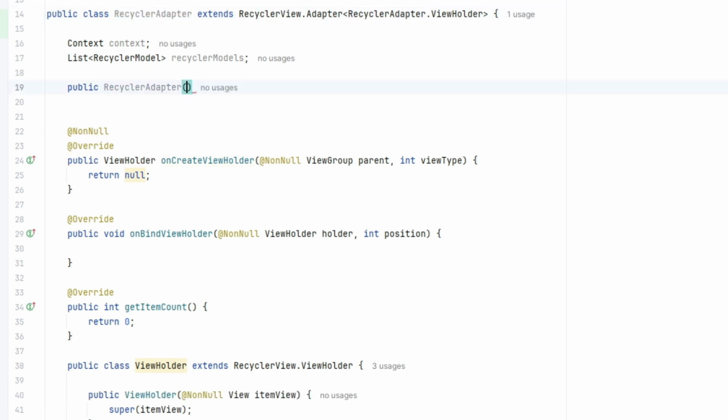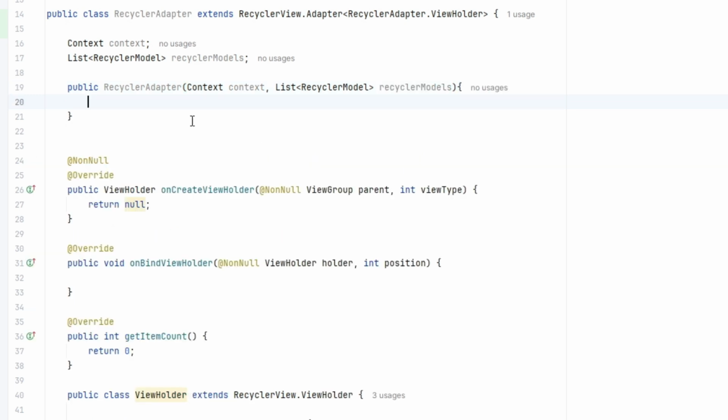For the constructor, we can copy this, or you can use the generate function, or right click and generate.